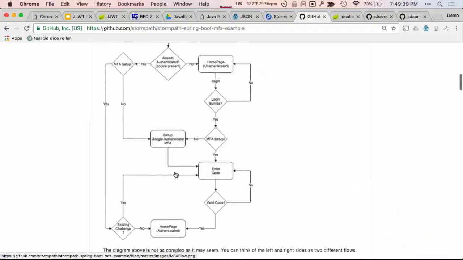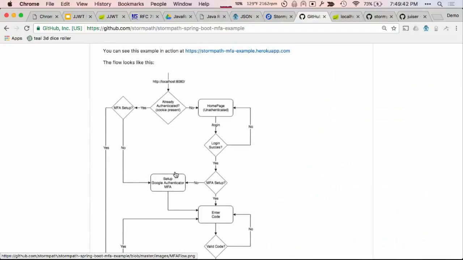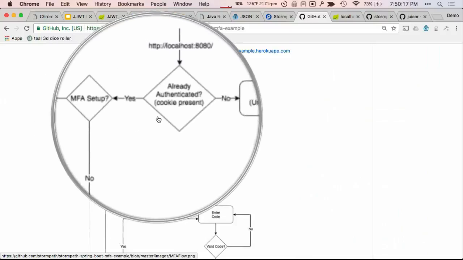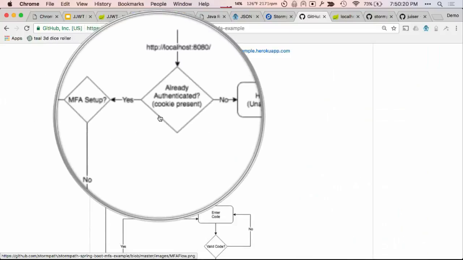Okay? The left side here is to cover a bit of an edge case where, let's say you've already authenticated, but you skipped putting in the 2FA. Like, I authenticate, I'm at the screen where it wants me to put in the code, and then I close that tab. Well, like Matt showed you earlier, I have the cookie set in my browser. I've already authenticated, but I never validated the latest code. So that's what this left side is for, in case you're trying to do something sneaky or you just closed your browser tab.